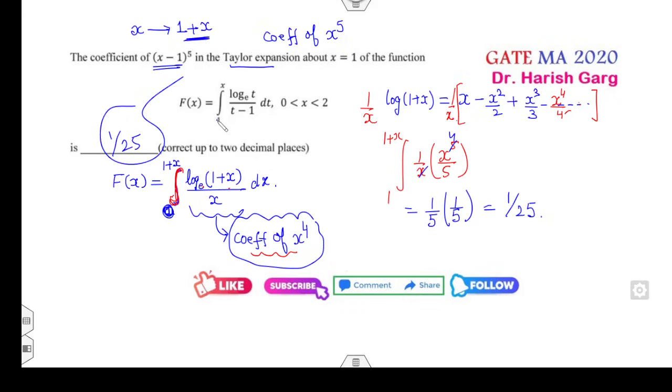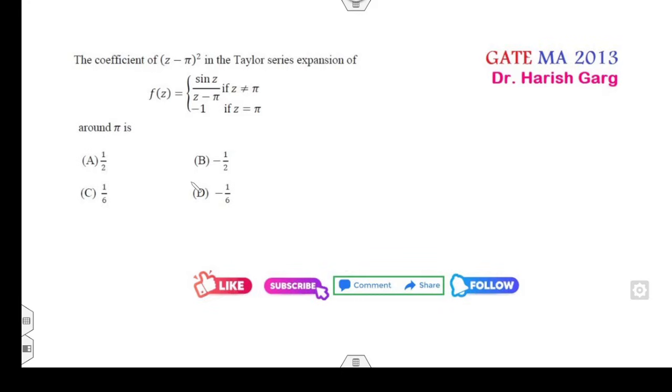लिमिट ये जीरो हो जाएगी आपकी, फाइन। If you take x is 1 plus x, 1 will be 0, or you can replace t to 1 plus x, so limit will be 0 to 1 plus x, fine। So 0 से x में change कर लो limit, so your answer will be limits are 0 to x now, fine। If you take this limit, then it's a 0 to 1, you can say 0 to 1, okay। Your again I can replace pi plus z, and your target is to find the coefficient of z square,